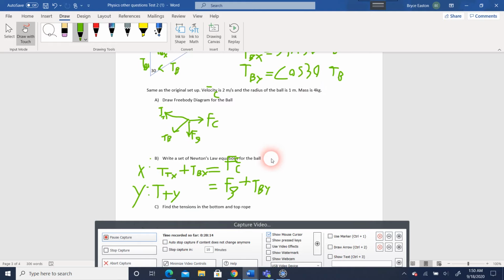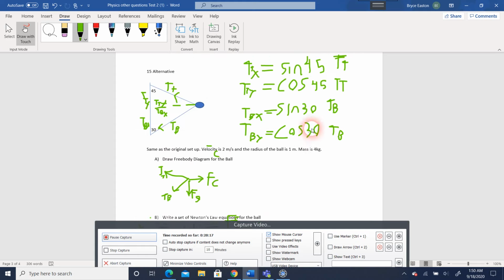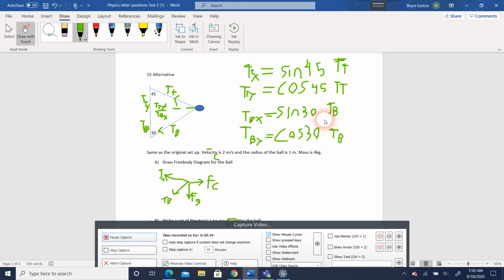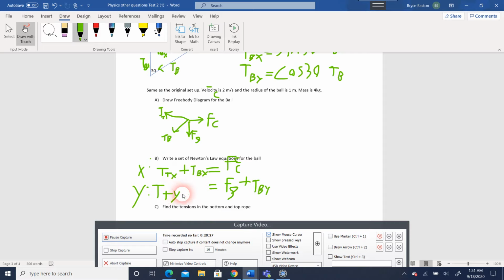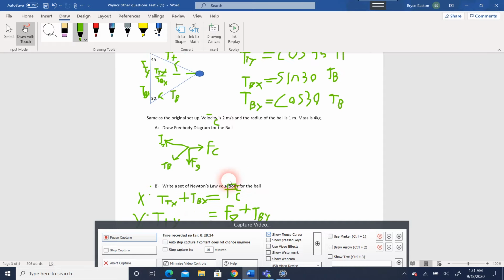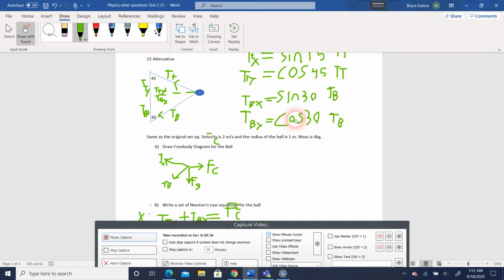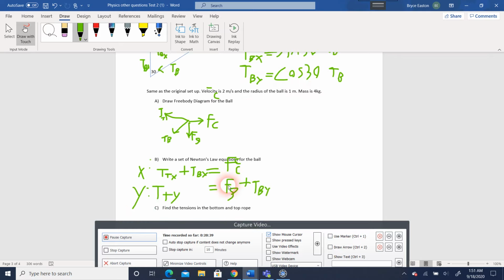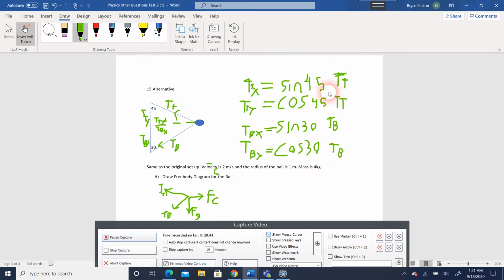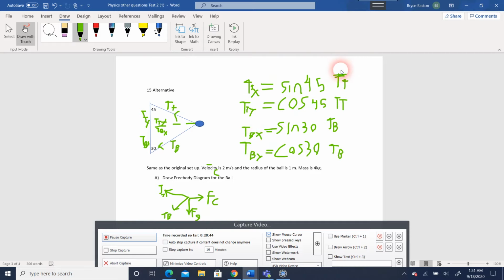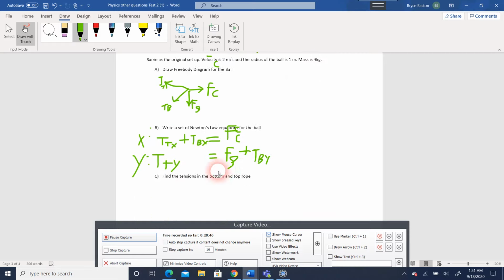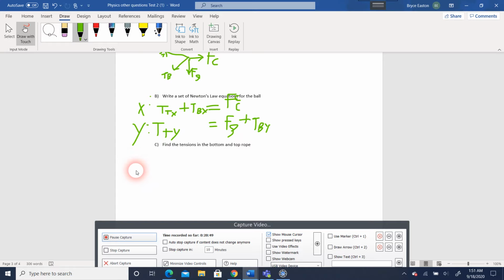So at this point, we have all these equations. You're probably wondering what we're going to do with them. What we are going to do with them is, you know how we set it up so we have the y direction, TBY, and TTY here, and the x's here. We're basically going to plug these things back into here. So instead of having 4 unknowns, we only have 2 unknowns. So that's going to make our equations